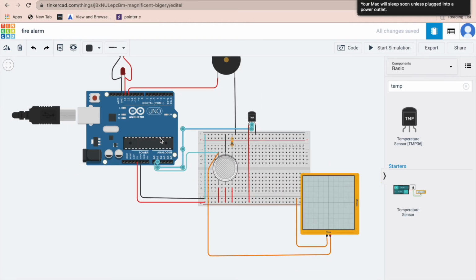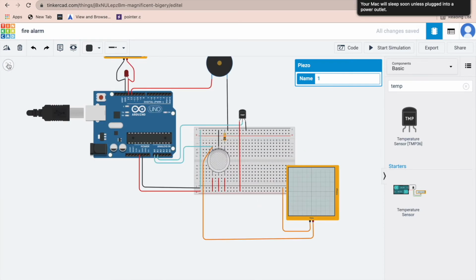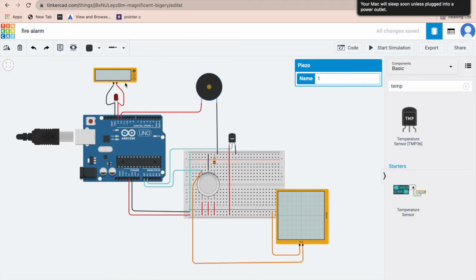Now the positive terminal of the piezo is connected to digital pin 12, and the negative terminal is grounded through this wire. And this LED is connected, one part is grounded and the other part is connected to digital pin 13, which is also connected to this ammeter.